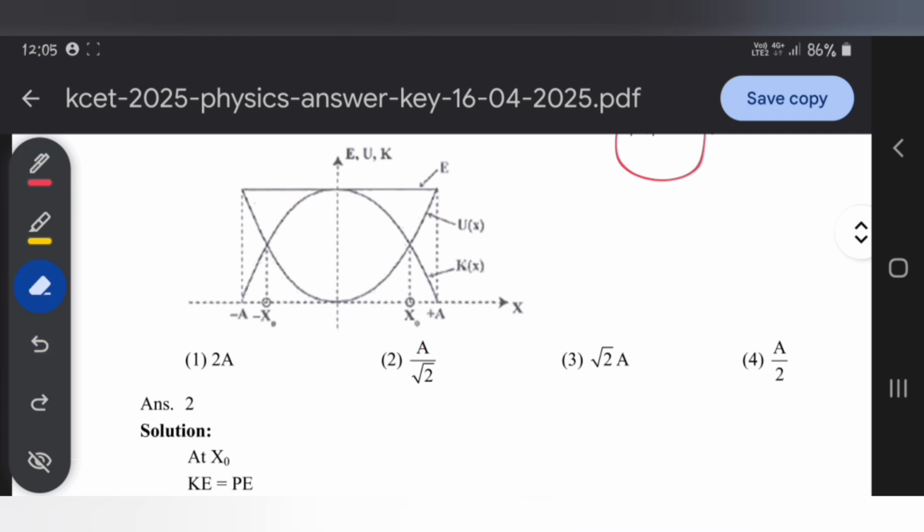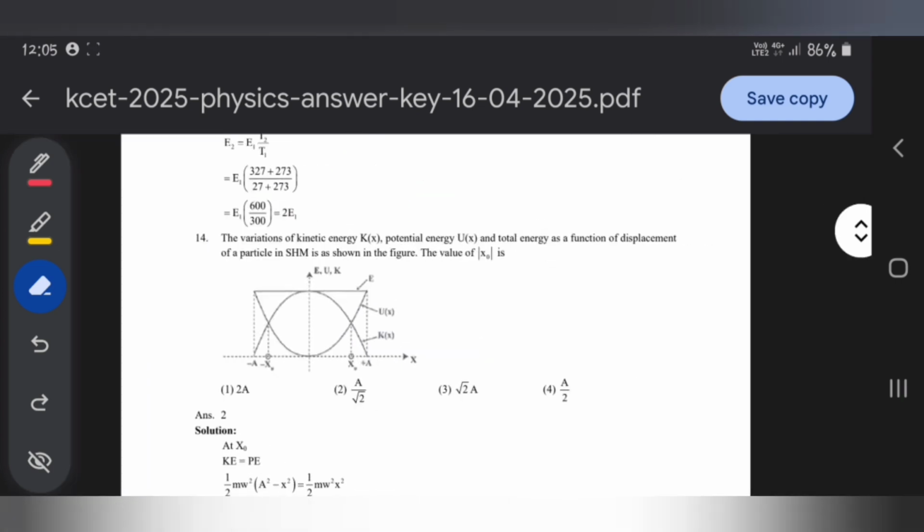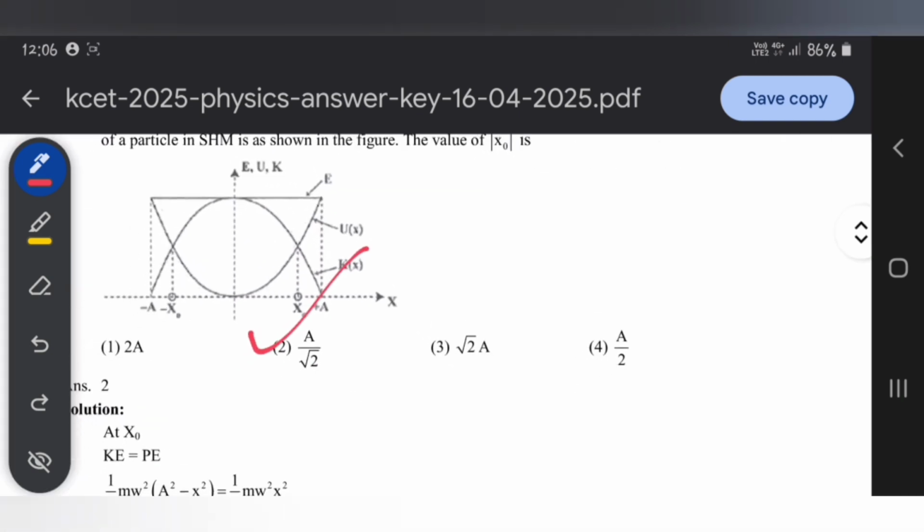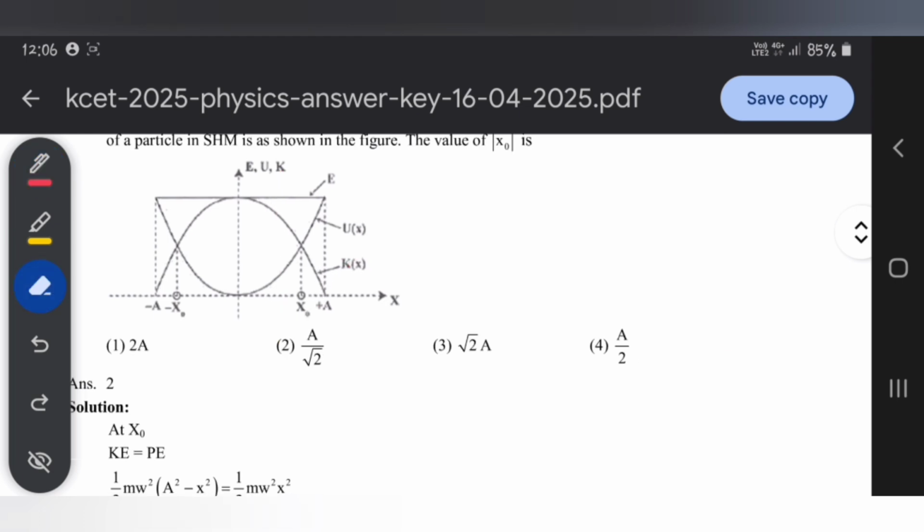So in that case, what is the final answer now? What did we come to know? The final answer here is option number 2. I hope you understood why it is not 1, 3 and 4. If you want, I can repeat it again. Look at the figure. x0 should be less than a. So option 1 and option 3 are not at all the right answer. If I say x0 is very close to a but not in the exact center, the center will be somewhere over here, correct? It is slightly towards a only, so it cannot be option number 4, so it should definitely be option number 2. If you want, you can take the screenshot.